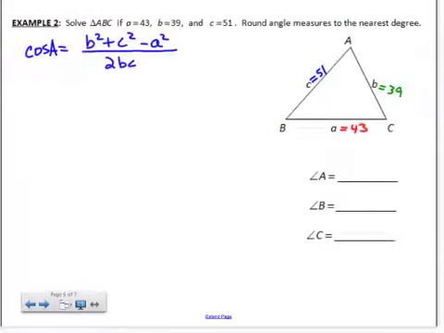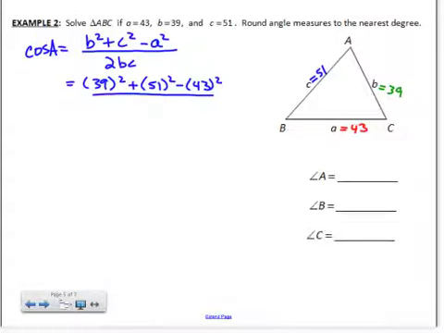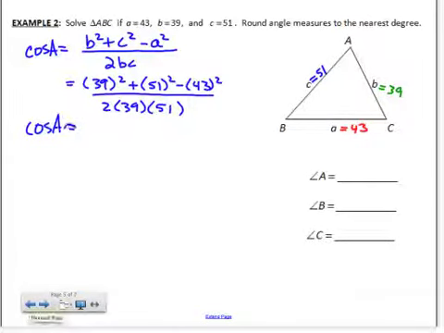So here we go. So now we'll substitute in. You always want to write the problem down before you substitute because you might actually substitute incorrectly. Okay, so we have 2 times b, which is 39, times c, which is 51. And 39 is a really big number, and 51 is a really big number squared. So why on earth would I want to square everything in my calculator when I could just plug it all in at one time? One step. So I'm just going to plug it all in nice and easy and get the approximate answer, which is